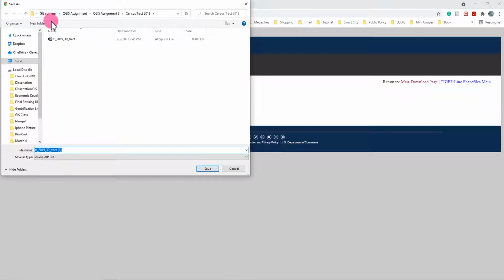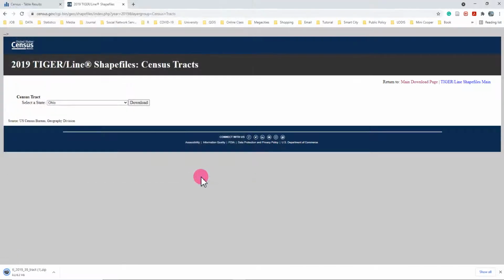Then here you need to select your own folder, right? So here, census tract 2019. If you save it, you're going to have the same data. Okay? So I'm going to save it. So it's saving here, right? Then we are going back to